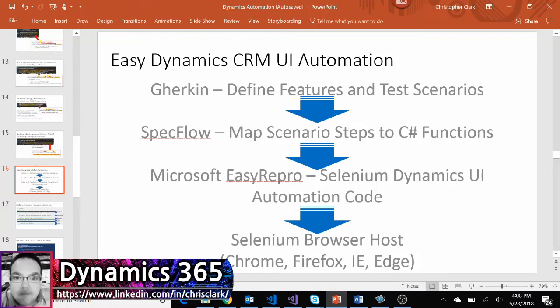So this talk continues our series on how to create automated documentation for Dynamics. In our last video, we talked about Dynamics UI automation, starting with a Gherkin file with a series of given, when, and then statements written in the English-like language, which get mapped with SpecFlow to empty C# functions. Within those C# functions, we're utilizing the Microsoft Easy Repro library, which has a series of code already written for us